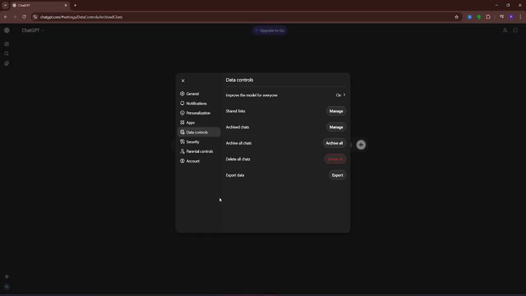When you're deleting your prompts, don't delete them, but put them in the archive function instead of permanently deleting them just because you want to clear your sidebar. So when you want these prompts again, you can go here, Data Controls, and Archived chats, Manage, and you will see under here some of the